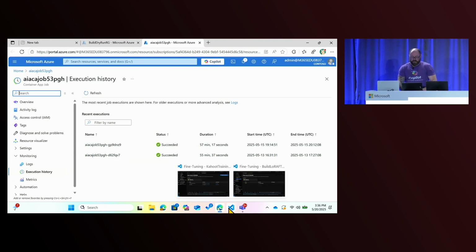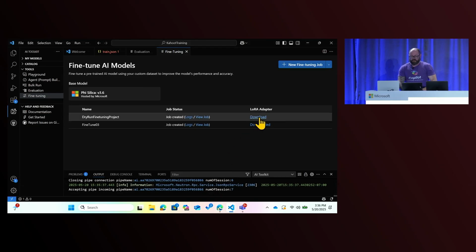Now, when they're done, you can actually download the LoRA adapter, right? We're going to use that in our application. When we do a specific call to the PhiSilica model, we're going to give this fine-tuned adapter with the call so it knows what structure we expect. It knows the little changes that it has to make within that PhiSilica model.